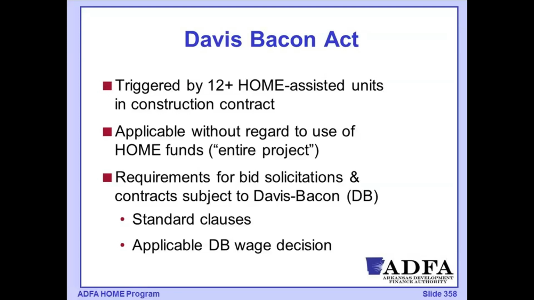So if I have someone who's operating, let's say, heavy machinery, based on market rates in their area, maybe they're being paid $24 an hour for that work. The Davis-Bacon rate might be higher than that. So it might be that they're to be paid $29 an hour under Davis-Bacon. So those bids would need to be based upon the applicable Davis-Bacon wage rates that would be included in that bid solicitation, and that would also be captured within the contract.